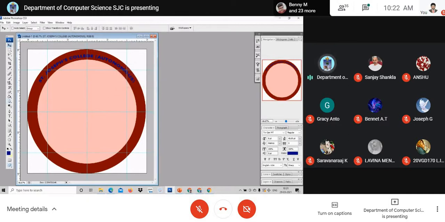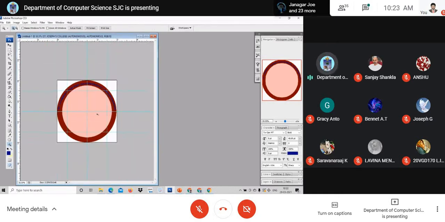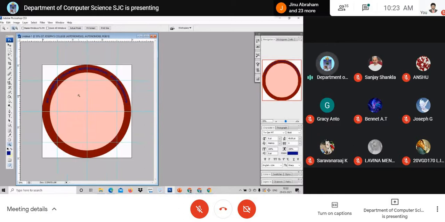See, St. Joseph's College. I want to bring it as autonomous also, right? Comma, autonomous. Press Control T, and you have to fit it exactly. One minute. You have to fit this exactly. Control T. Keep it here on the top. Adjust a bit, then you'll be getting it, right? Okay. Now see, I have adjusted and put the text.